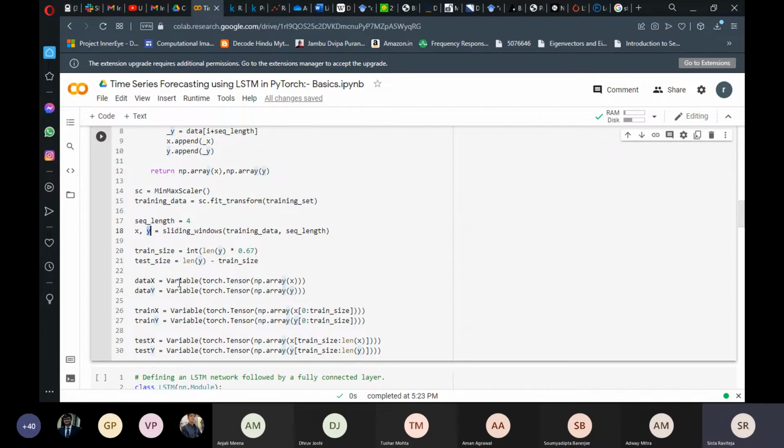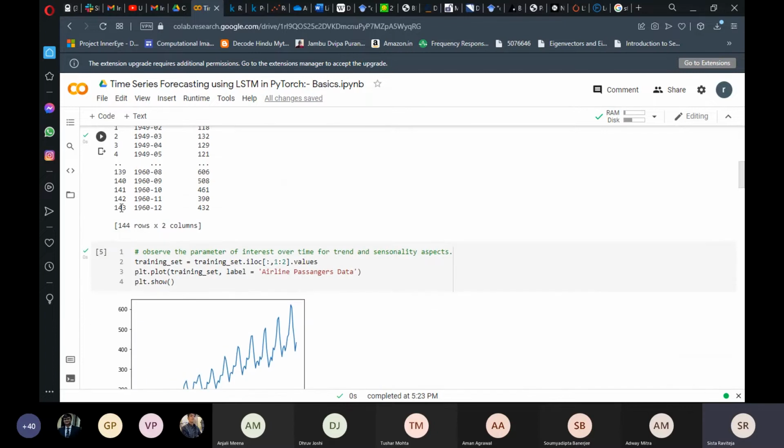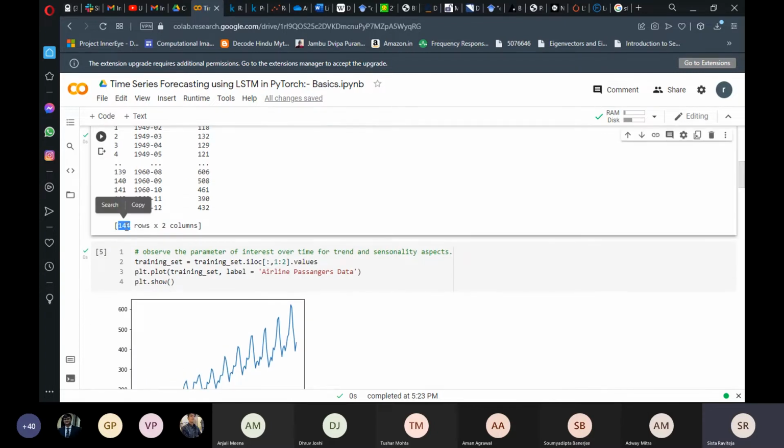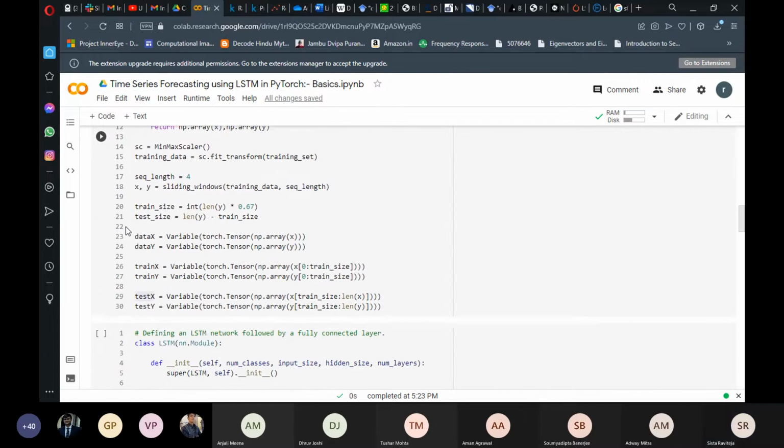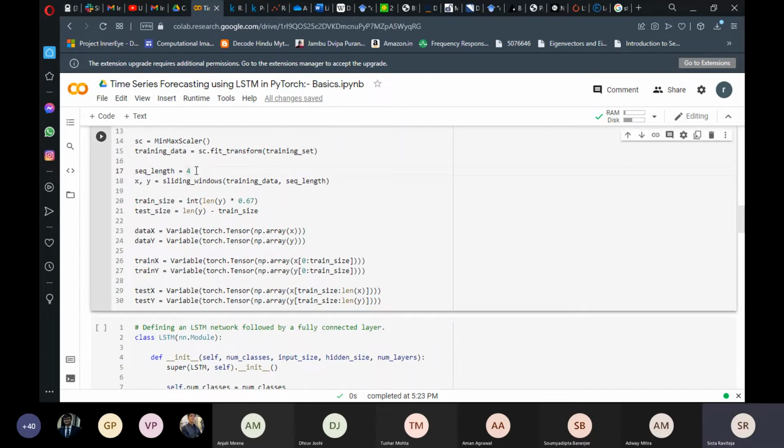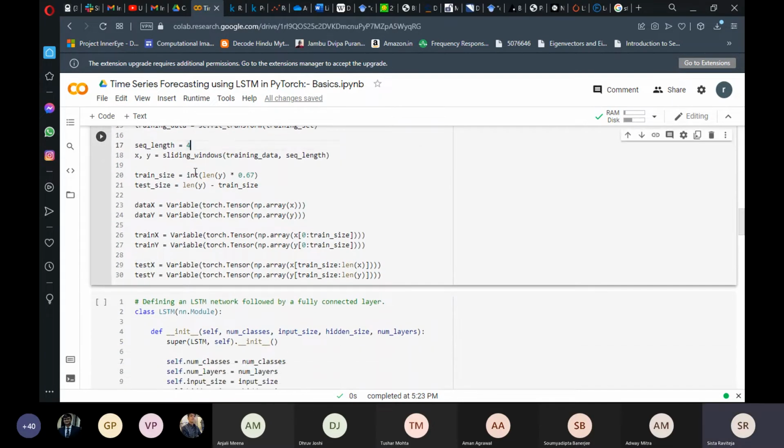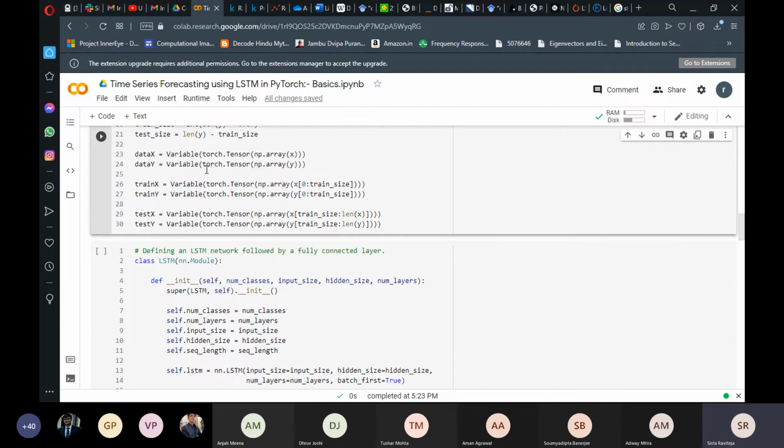After this, since you'll be training a model, you have to verify whether the model has been trained properly or not. So you'll need a test set, or when you have larger data sets, you can also split into a validation set and a test set. Here, since the data set is very small, I am splitting it into two categories: a train set and a test set. The test set size is around 30% of the train set. The data has around 144 rows, so it is a very small data set. I'm chunking it into a sequence length of 4, as I already explained. After chunking, our data is pretty much ready.